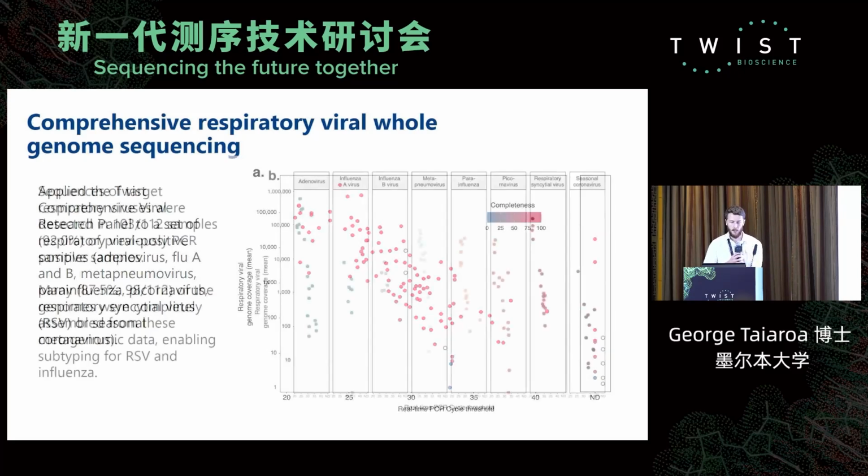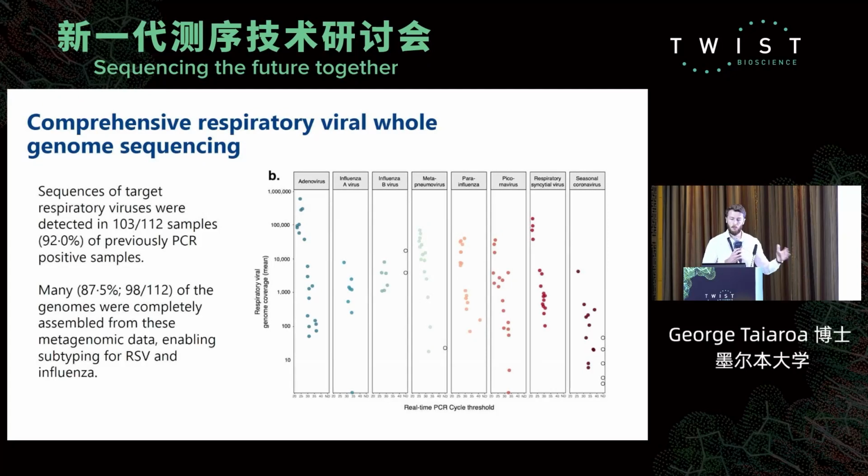So really promising, and we can show that stratified or broken down by different viruses. These are common respiratory viruses that we are interested in from our public health work. And again, showing that trend where as you've got high loads of virus, you get really good sequencing results. But the main take home from this is that we can characterize any of these respiratory viruses on a genome